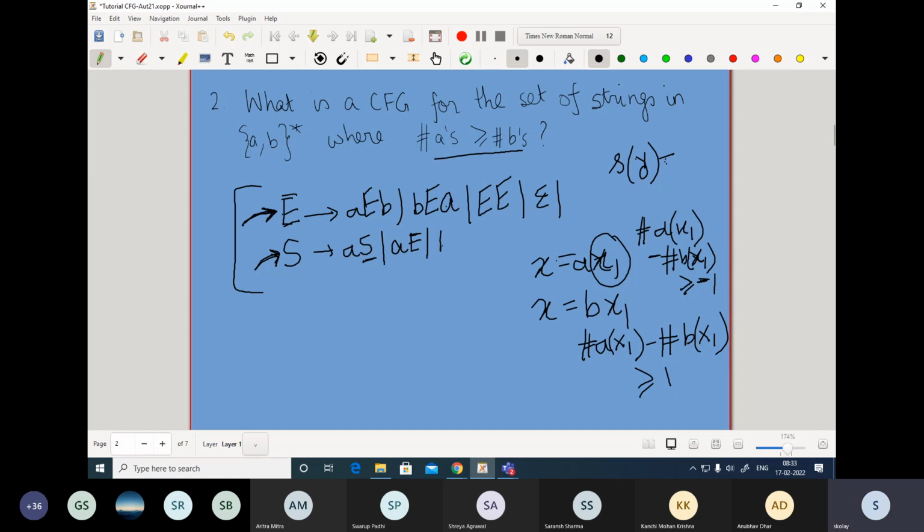Okay, so let's go along with this idea for a little bit more, and then I can give you another grammar. Basically, I want this production to produce strings which have an equal number of A's and B's. And now with S, I want to introduce the surplus. Now, if I have B, then I know for sure that I need a surplus in the rest of the string, right? Yes, ma'am. Okay. Now, if I have X and I have surplus of 0, if I have a surplus